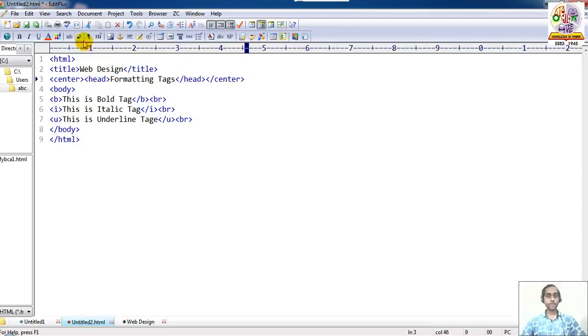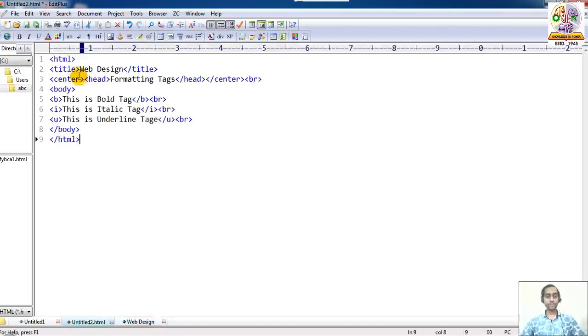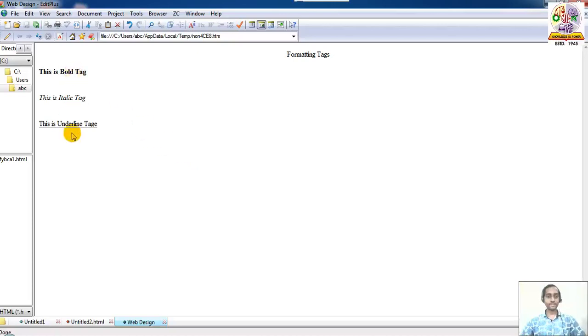Also here break. Then what is the output? Like this. Wait, the gap between is too small. We have to choose more gap. Then again, like this. This is a simple formatting.